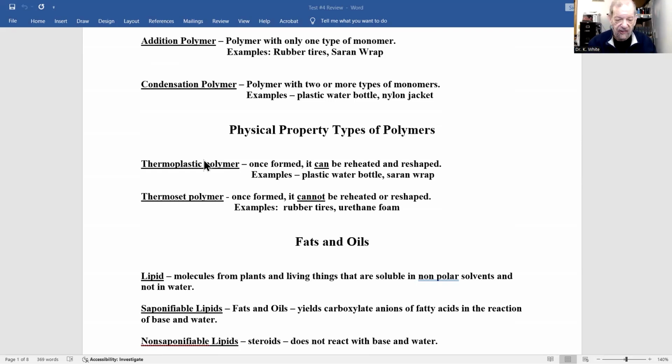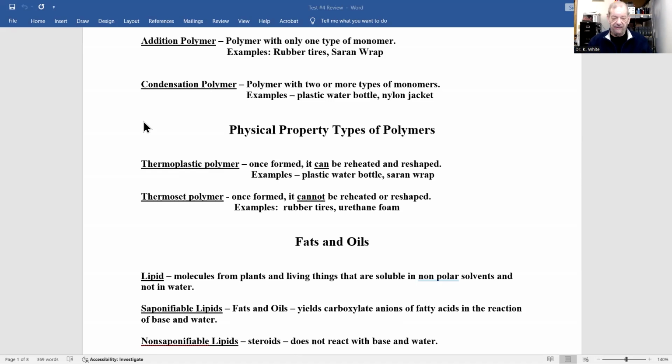One is thermoplastic, and you should know once formed, it can be reheated and reshaped, like this plastic bottle, and also saran wrap. There's no correlation between thermoplastic and whether it's addition or condensation. They're two separate things. Now, thermoset, once you make the polymer and make it into a shape, you cannot reheat it and reshape it. Example, that would be rubber tires, like car tires, or urethane foam, like the insulation in